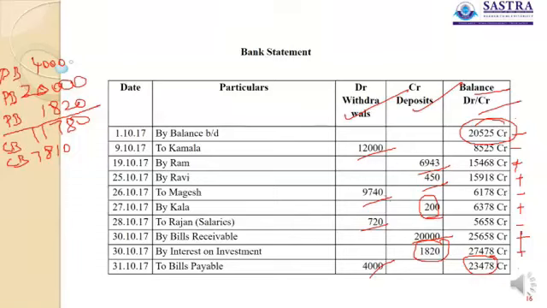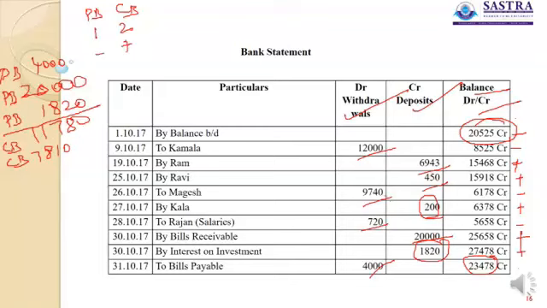But these 5 items are the mismatching items which cause the difference between the balances of bank, as well as the bank column of cash book and the passbook. See here, the 4,000 rupees bills payable paid not entered in cash book. Payable paid means bank might have paid, not entered in cash book, that increases the cash book balance. So put here 1, 2 symbols. This is passbook, this is cash book. Put the symbols as not yet entered as a payment in cash book, increases, minus.